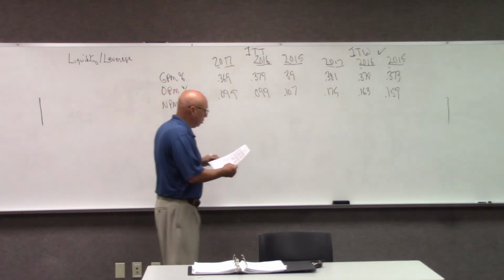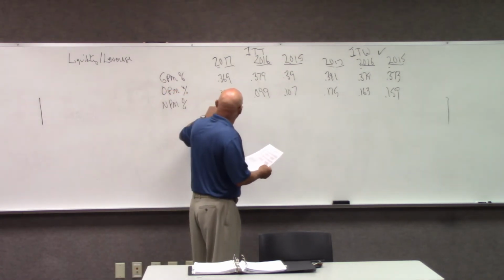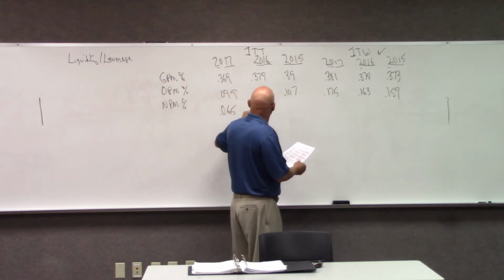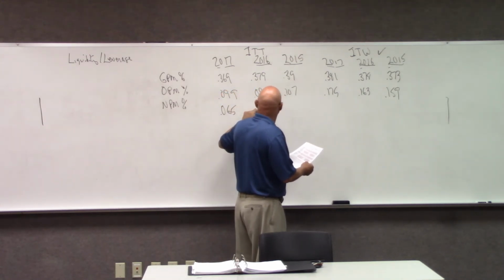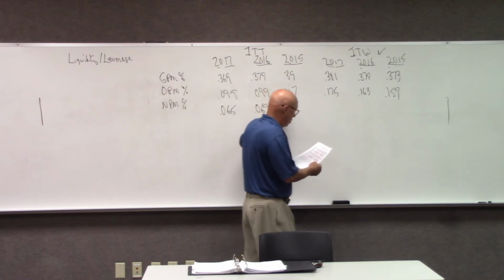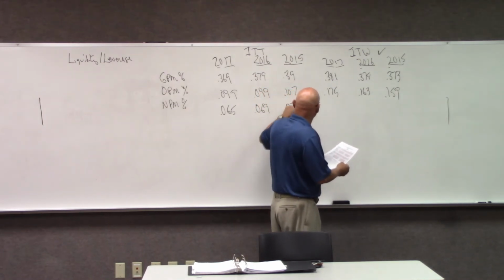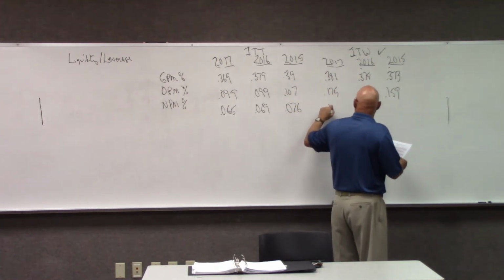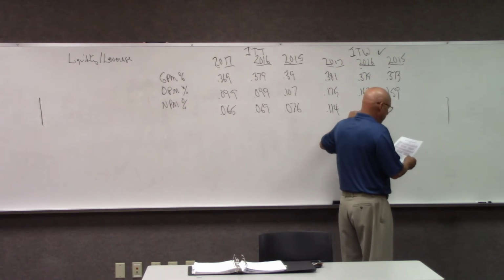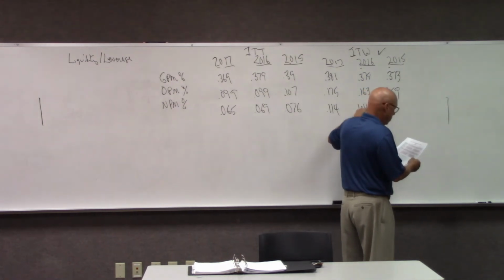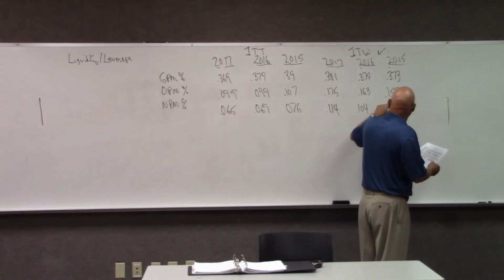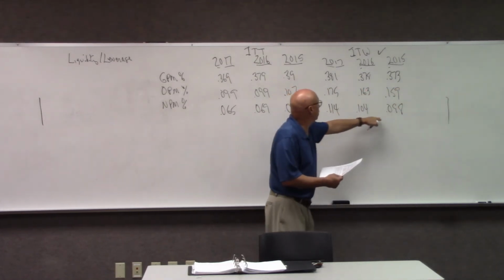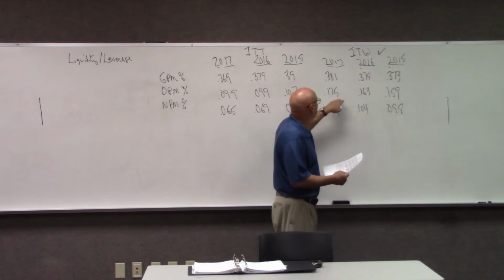Net profit margin percentage. 0.065. 0.069. 0.076. So that dropped down. And then 0.114. 0.104. 0.098. So this is trended up, and this is trended up, because this is trended up, because this is trended